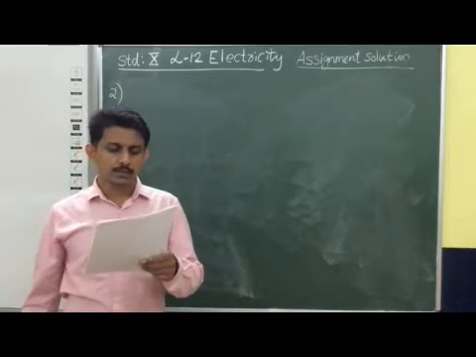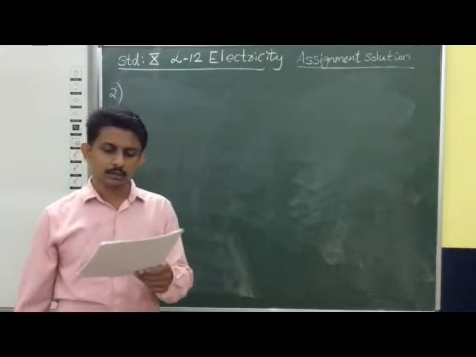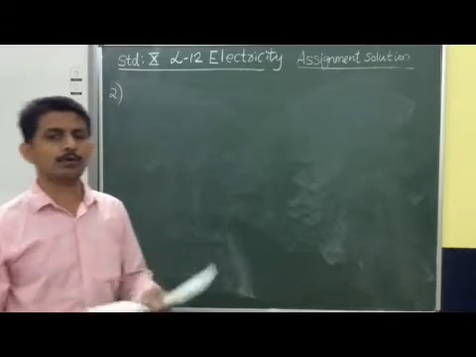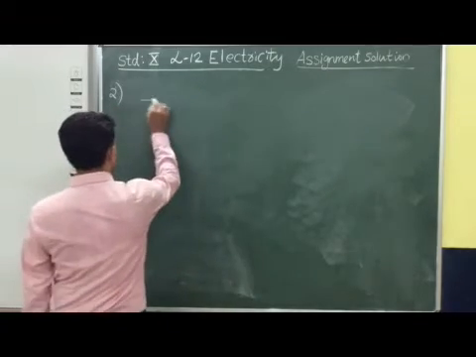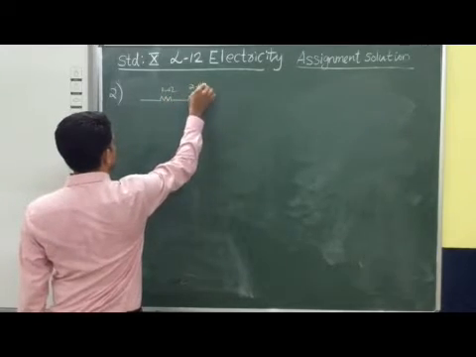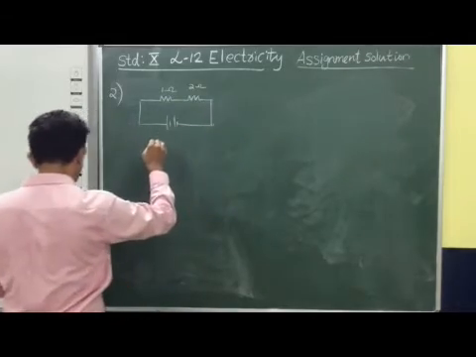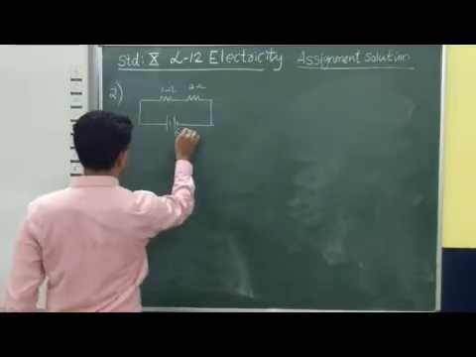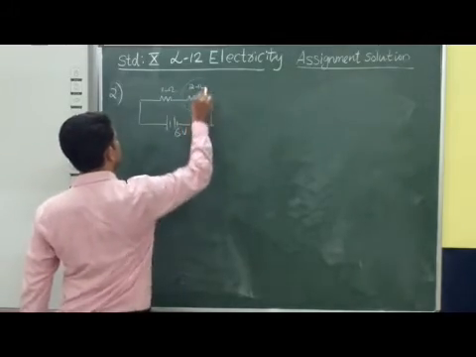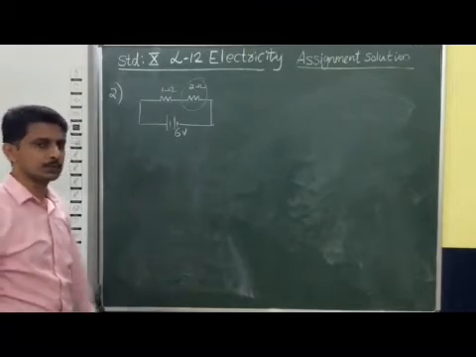So first case, you can see that we have to compare the power used by this 2 ohm resistor. First case is given, a 6 volt battery is connected in series with 1 ohm and 2 ohm. So like this way, two resistors 1 ohm and 2 ohm are connected in series in this circuit. Like this way it is connected to a battery of 6 volt. We have to calculate what is the power consumed by this 2 ohm resistor. That is only asking, compare the power used.